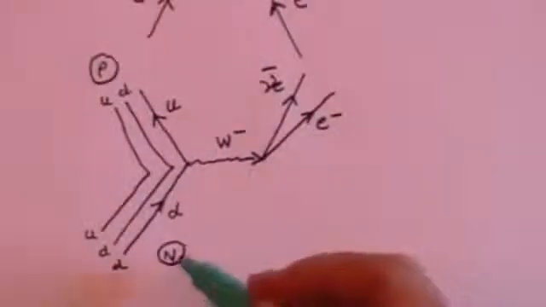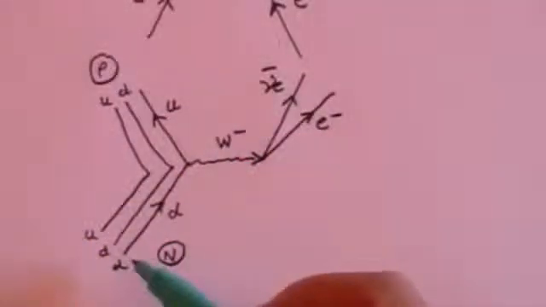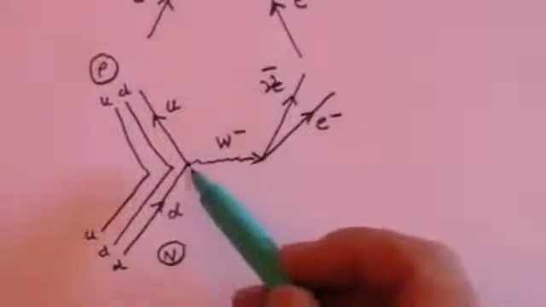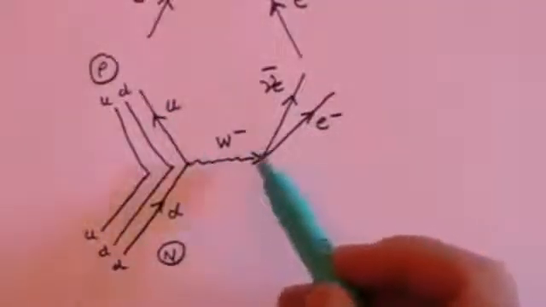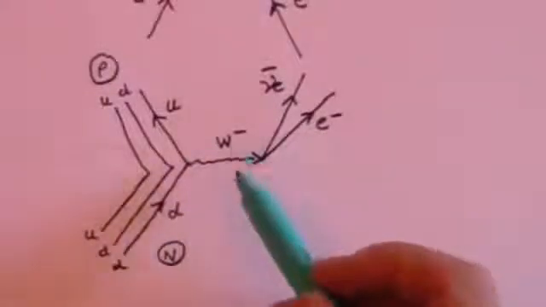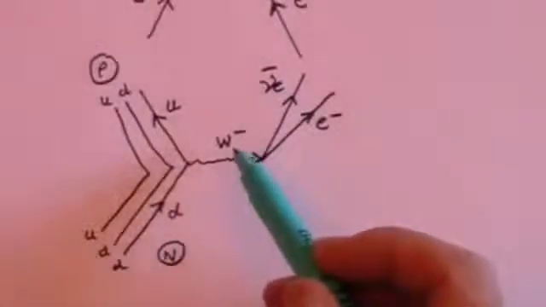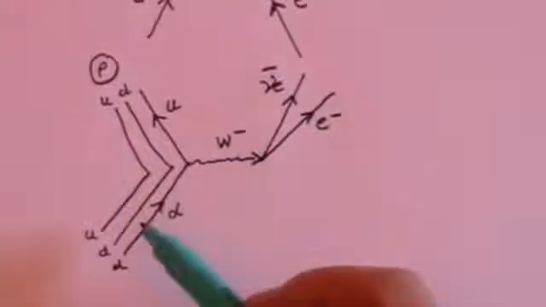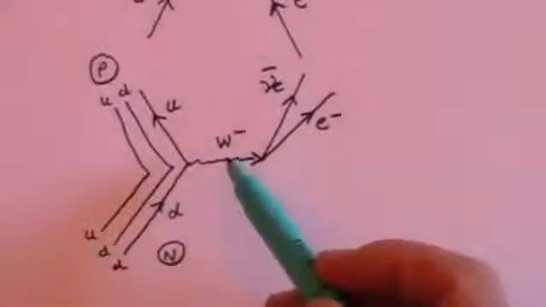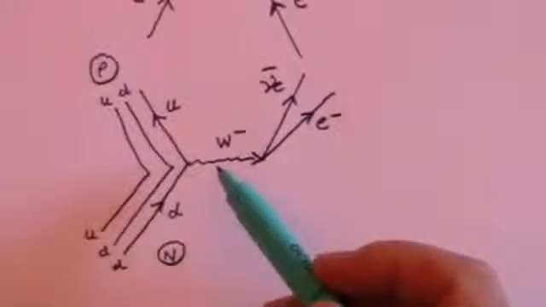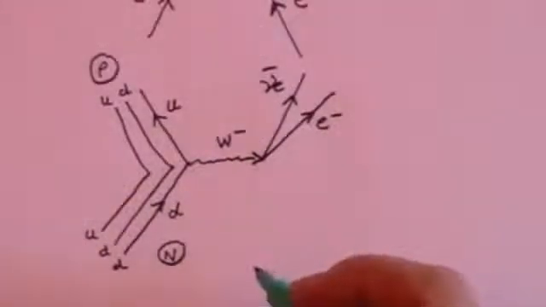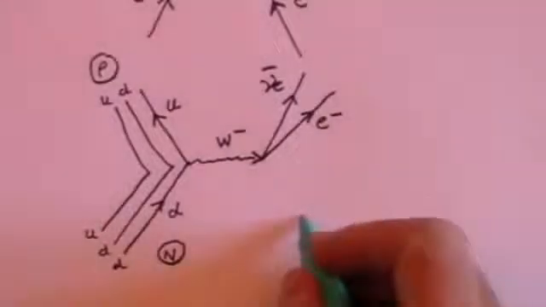So what you've got is a neutron converting to a proton by virtue of the fact that one of the quarks in the neutron, specifically the down quark, converts into an up quark by the emission of the W minus. But as I was saying, the W minus is 80 times heavier than the neutron from which it comes. A neutron is approximately 1 GeV, a W minus is approximately 80 GeV. So how can something that weighs 1 GeV produce a particle that is 80 times more massive? The answer is that we have to resort to that other version of Heisenberg's uncertainty principle,